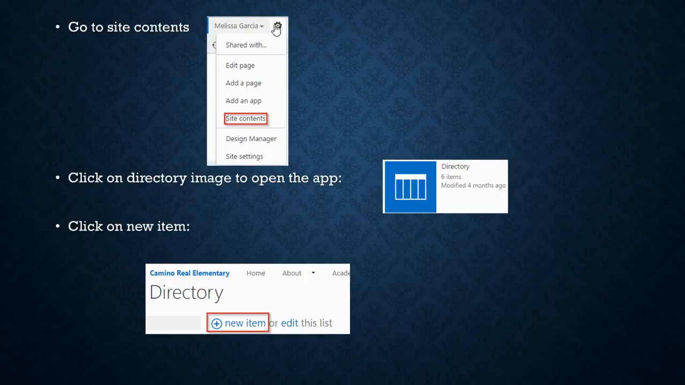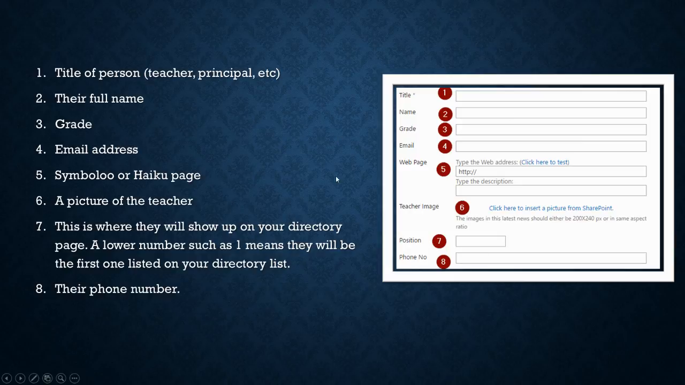And then you're going to click on New Item, and you're going to get a form that looks like this. Once you get to this form, it should be pretty self-explanatory, except for number 7. The directory is set up like a list, as you saw when I showed you. And since it's in a list, number 7 is what assigns